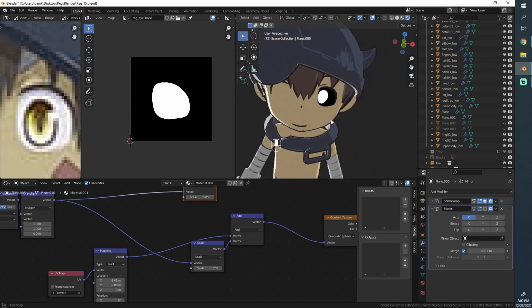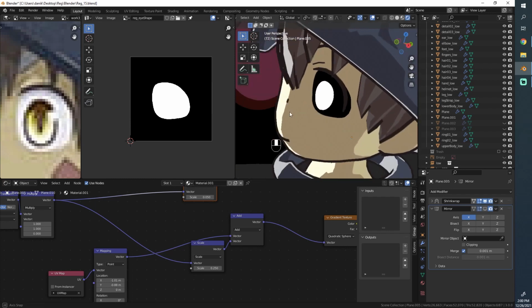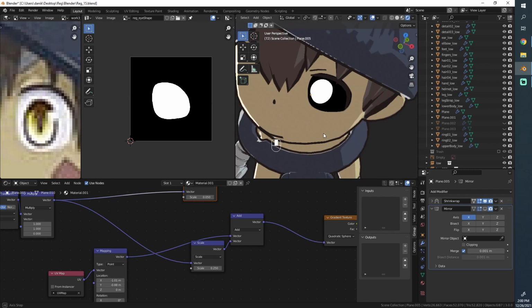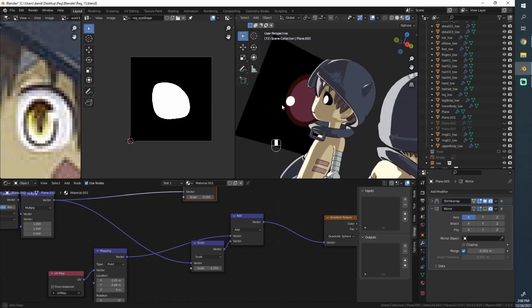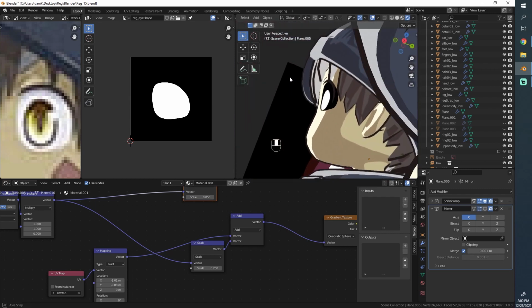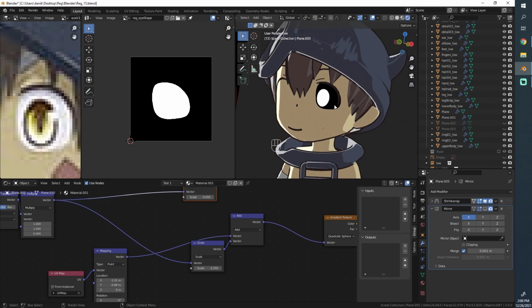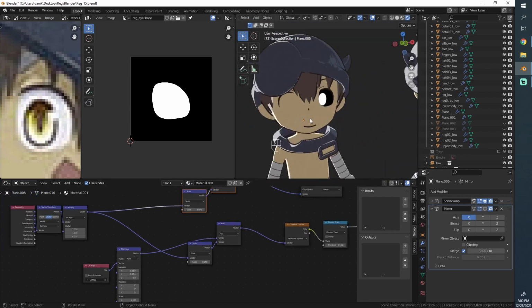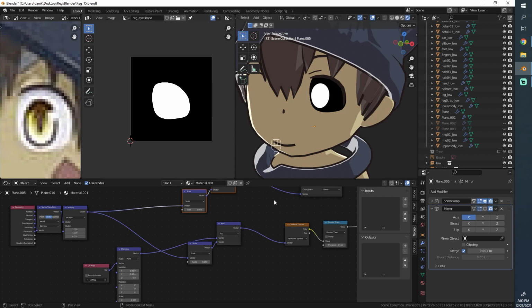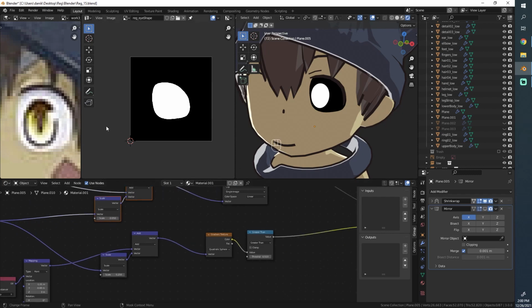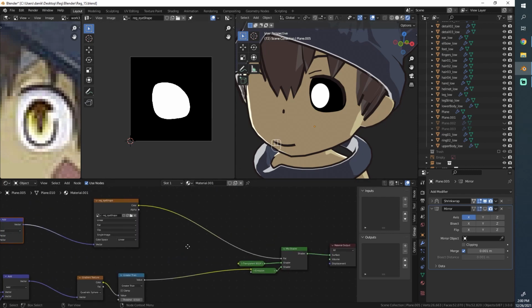And here we go, one more element is in place. Now it has this nice parallax effect, and I think it looks a lot more alive than just pasting a texture onto a plane. Of course, this is still looking very wrong, so what you might want to do next is to, well, first of all,